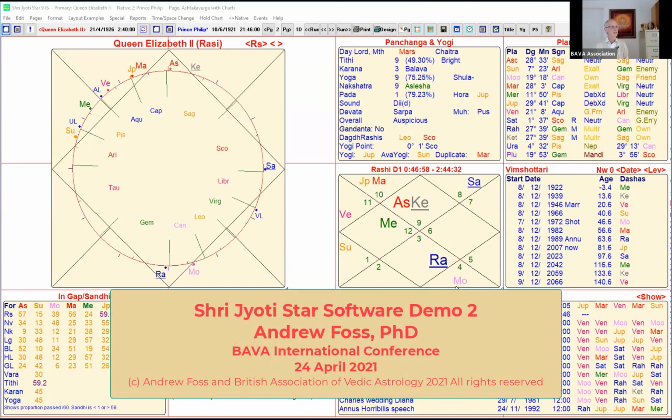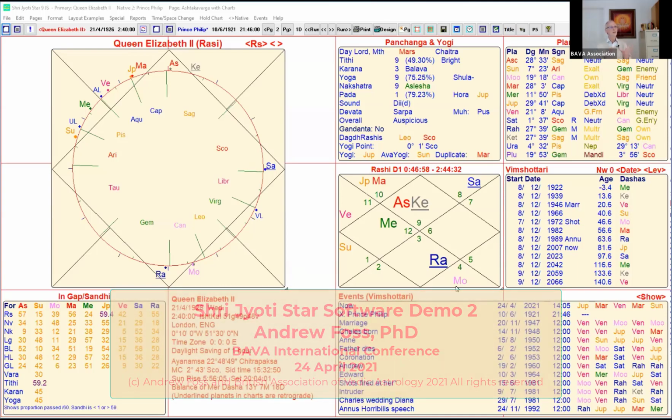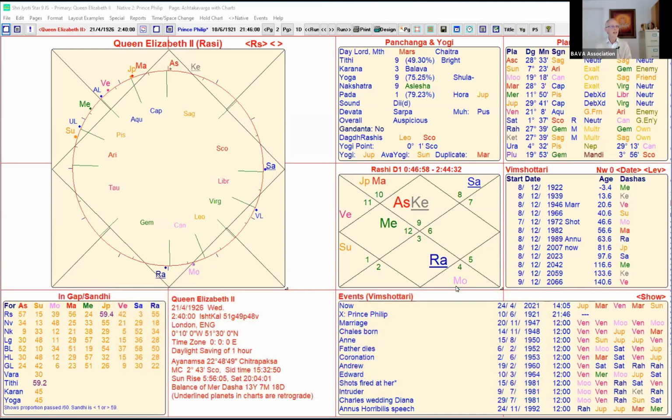Great, good. So there's lots of things on this screen. This is not a typical layout. You know, on my software, you can do pretty much whatever you like on each page. But it'll allow us to illustrate a few things. The first thing I thought we'd look at is conditional dashas, because this is a very neat thing in the